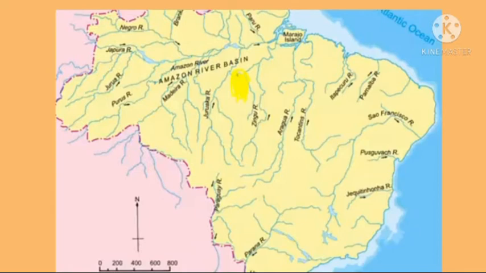And again here we can see the Marajo Island. So this is the river mouth of Amazon, in this region. There we can see the Marajo Island. So these are the main points you should learn, and these arrow marks indicate where it is flowing, north, south, east or west. I hope all of you understood the topic. Now we will watch a video related to the river system in Brazil.